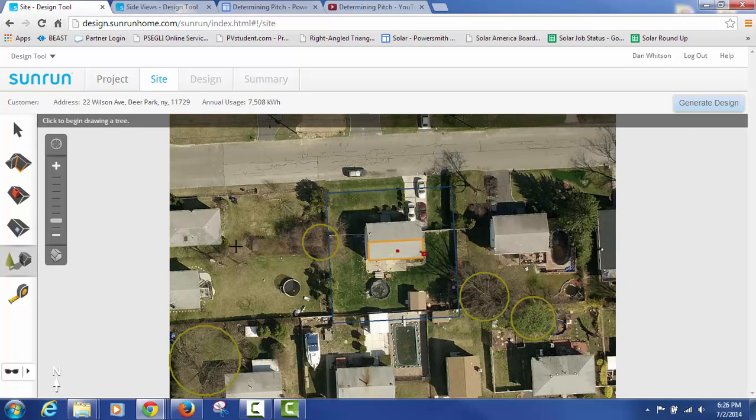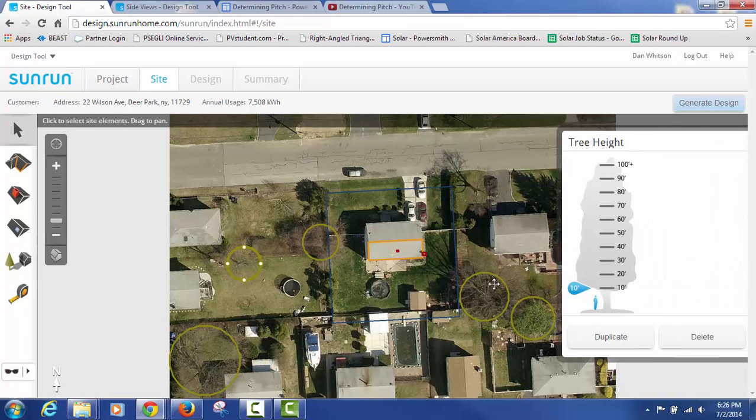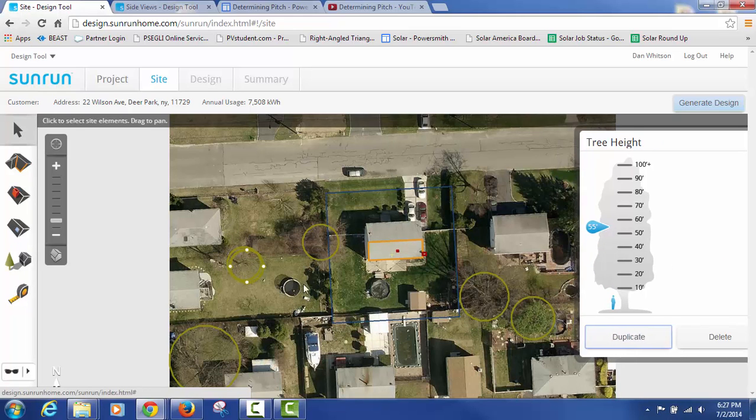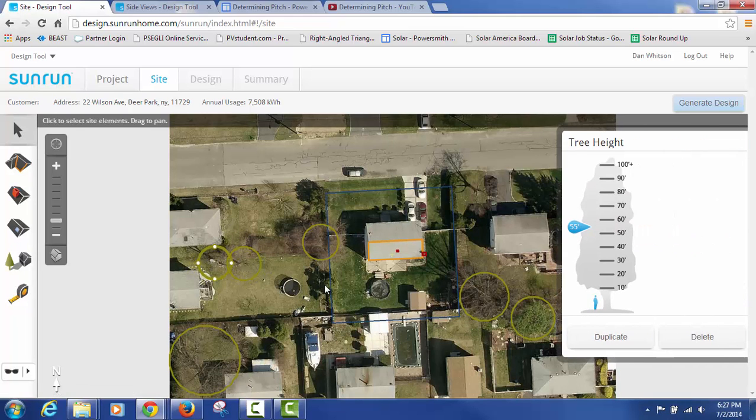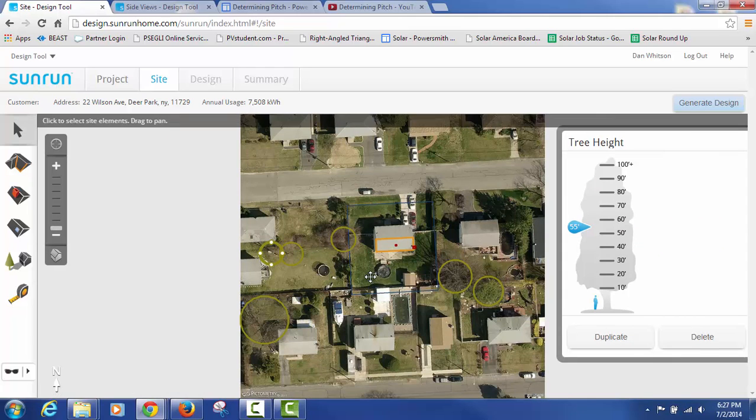So that's probably not going to cause shading, but we'll say 55. There's two of them right there. But again, we want to be conservative with this. And this one is behind that line, so it shouldn't cause us any problems. Although, if it were a little bit over, we definitely would put it in place.